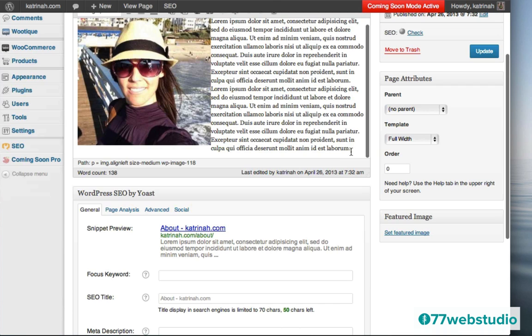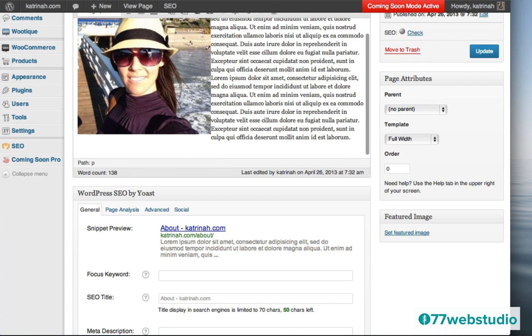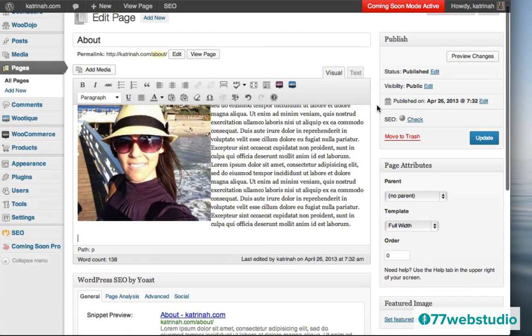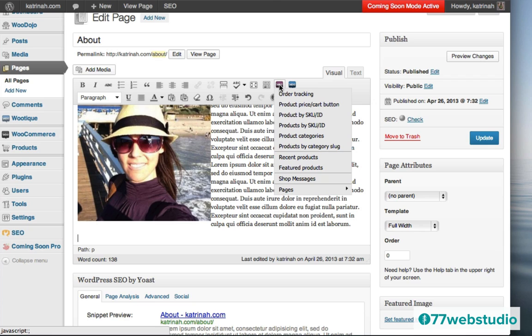And then at the bottom here, I'm just going to place the cursor where I want to add the call to action. Now there's a really cool shortcode for a button provided by this theme, so I'm going to place the cursor where I want the button to be, and then come up here to where it says Insert Shortcode. I'm going to click on that. And you'll notice that there's all these different shortcodes listed right here. These are not the shortcodes that I want. I'm looking for a button, which is not listed here.